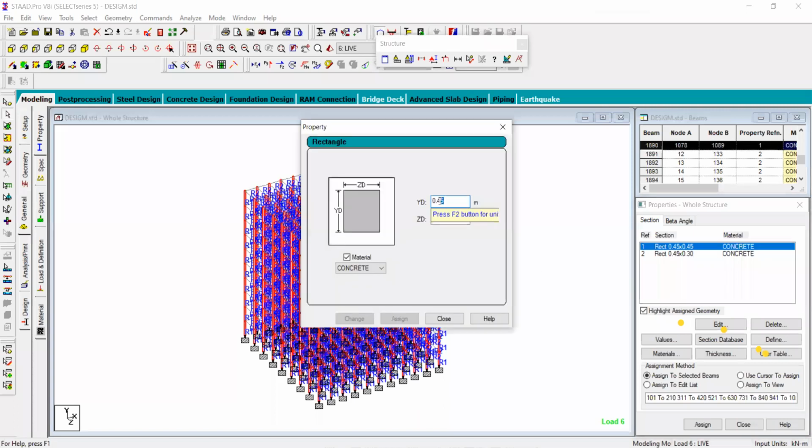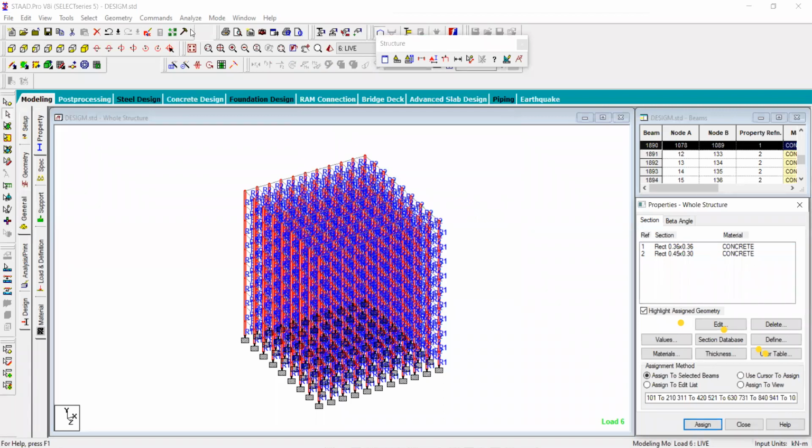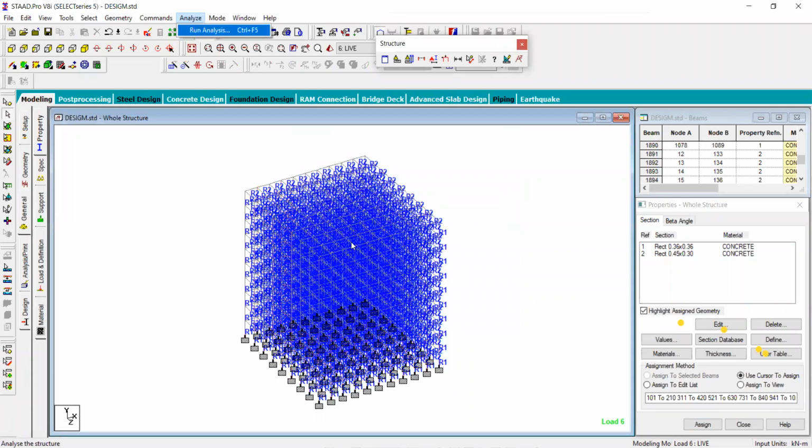Say that you start from 0.36, and again this is 0.36, and just change. After this, again go for the analysis. It will take some time.